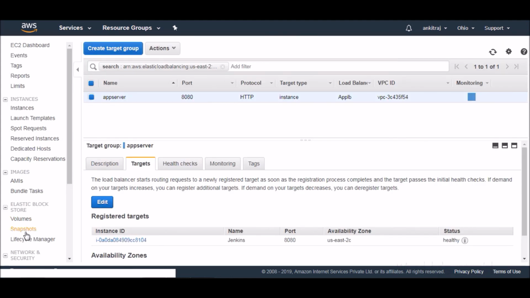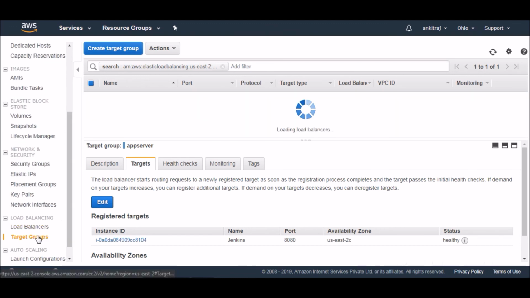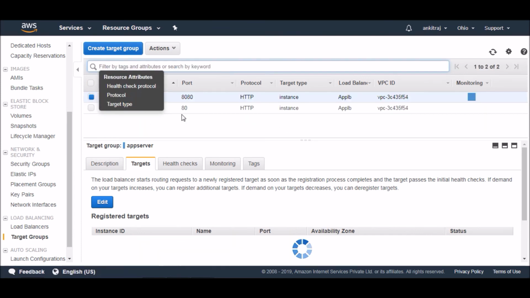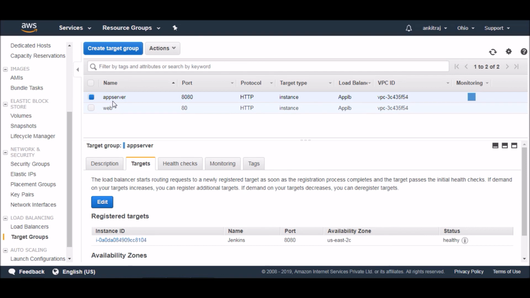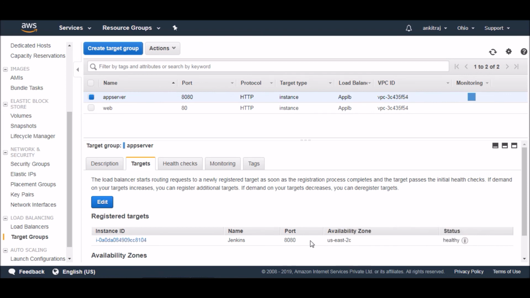If you see all the target groups, this is my filter here, app target group, right? We have two target groups here, one is app, one is web. If you go to the web target group and see your target, this is healthy now, right? And this is working on port 8080. Site has been created.